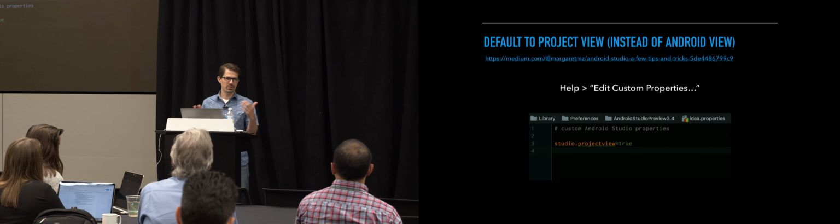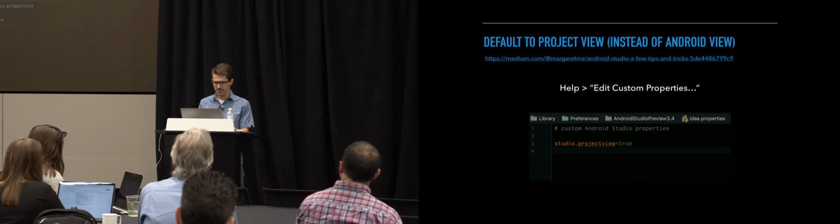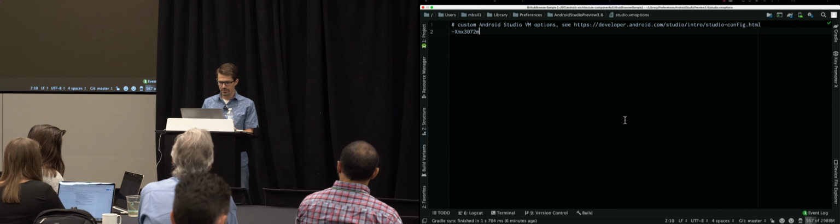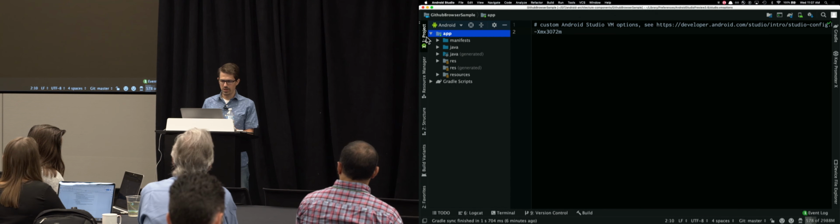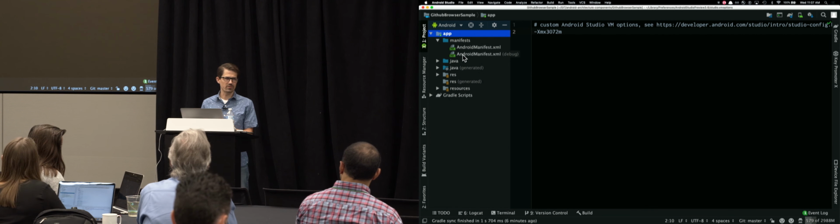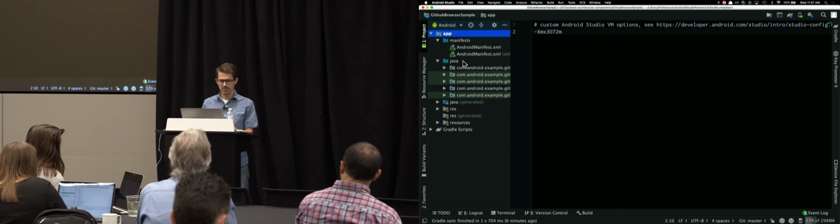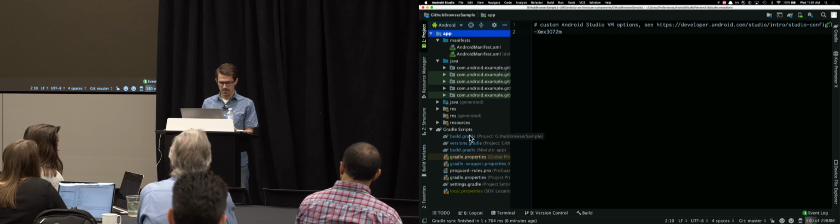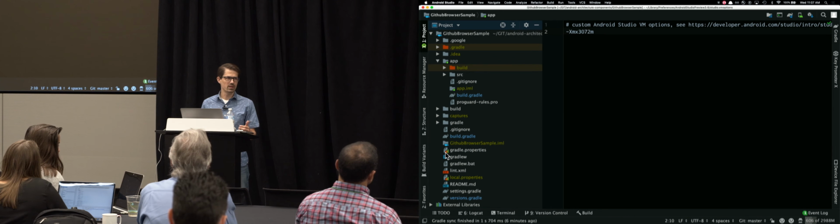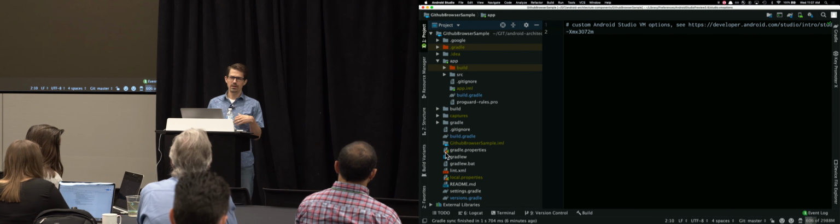So if you've been using Android Studio for some time, you will have noticed that at some point, the default for the project tool window changed. This is the tool window I'm talking about over here. The default now is the Android view, which groups things by types of files. So I see my manifests, I see my Java source files, I see Gradle scripts all grouped nicely, which definitely has its advantages. But if you're used to the older style, which was the original way they had this, just project view, which maps directly to the hierarchy that you have in your file system,